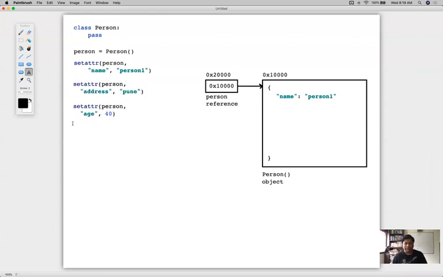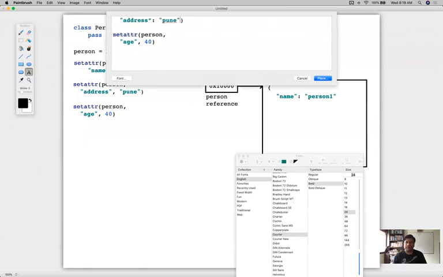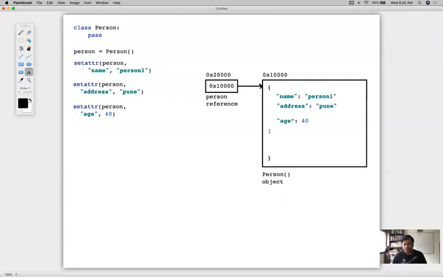And when you do it step by step, you see, earlier I was having only name. Now I'm having the address and age as well. So that simply means this is going to be the case. This is an address like this. And let's put this one as well and say this is an age and this is an address. That's it. So this is what you will find right inside this object. Again, pay attention to the way I'm trying to show you here. So this is a dictionary representation of it. That's it. This is how we are adding simple